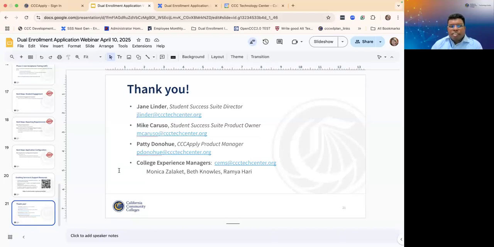One more question on integration. Mike's been talking about it. Superglue is what will be used to deliver the applications. The question was, is there any IT integration work required at the college level for admissions? Okay, so there's a yes and a no, possibly. It depends on how you're processing the data. For example, this is going to be delivered in the same staging table as the standard application. There's one new field and that's it. It's an application type that identifies this as a dual enrollment application so that your IT staff can